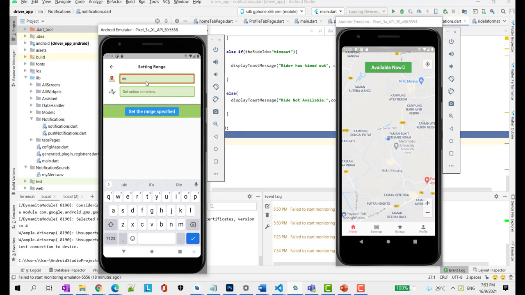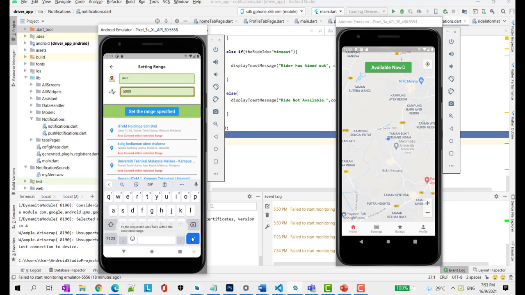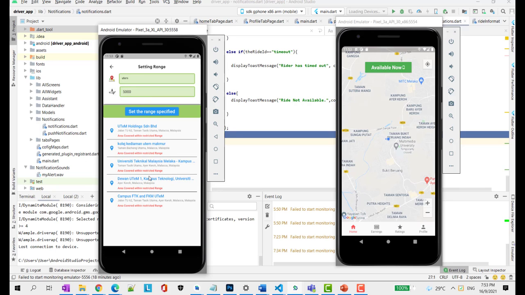In 5 meters, UTM does not appear. In 50 meters, UTM does not appear. In 500 meters, UTM still does not appear, but in 5,000, UTM can be found. This one, University Technical Malaysia, Malacca.